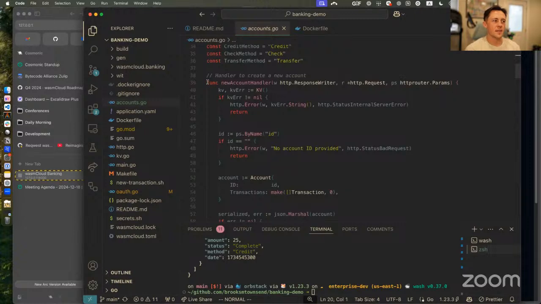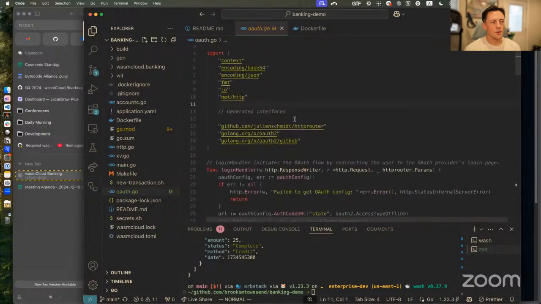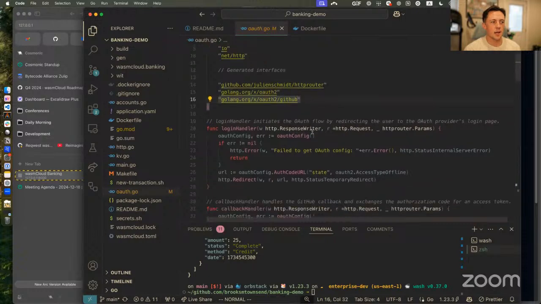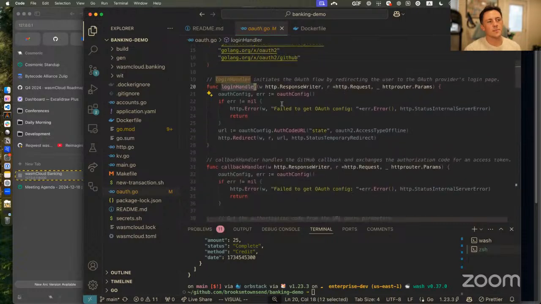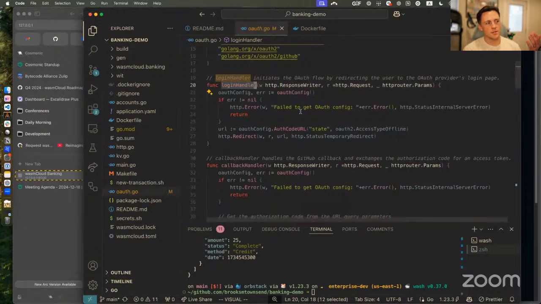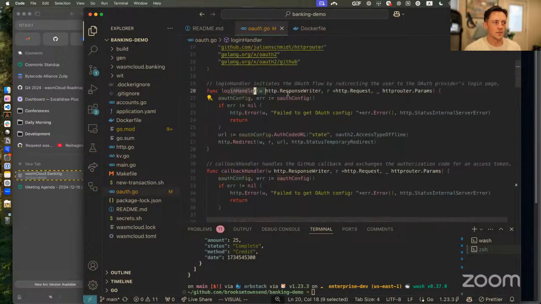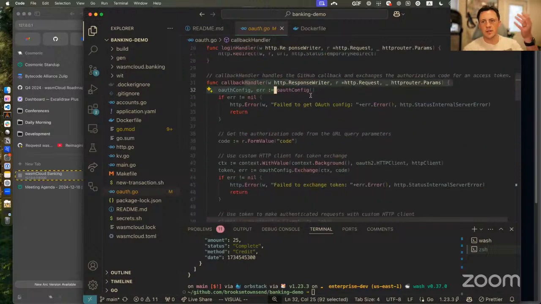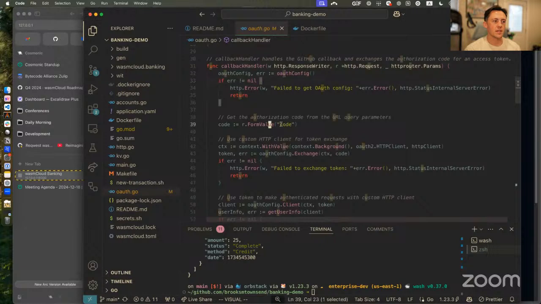So I can handle creating a new account. And I can also handle OAuth flows. This was something that I demoed in a previous community meeting that I did for a KubeCon talk. But just using the OAuth 2 and the OAuth 2 GitHub libraries, we can write little HTTP handlers in this component. I found this example online basically to create an OAuth config and then handle the login, which redirects to the GitHub app, and then the callback, which comes back with the code and